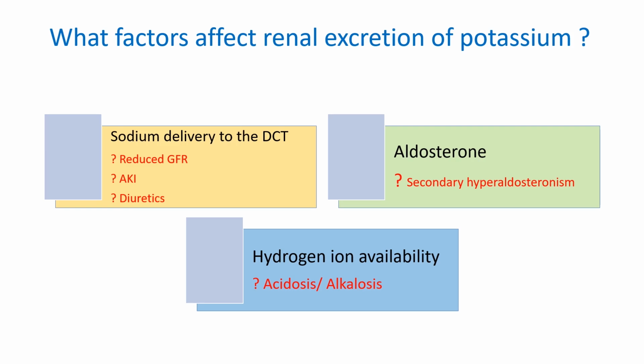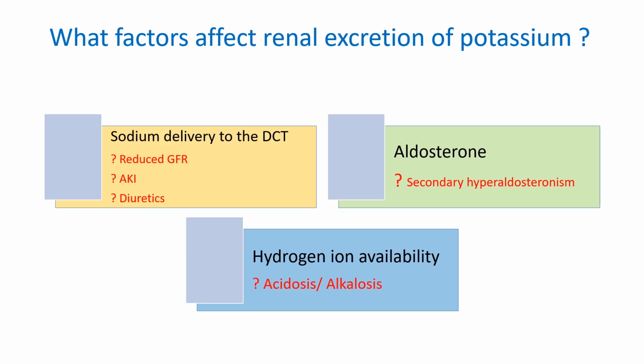A similar thing will happen in acute kidney injury, in which there is a reduction in the amount of fluid that gets to the kidney, especially in the prerenal AKI. Because of the reduction in the blood flow to the kidney and reduction in the amount of fluid that flows through the kidney and the reduction in the glomerular filtration rate, virtually all the filtered sodium is reabsorbed in the proximal tubule, leaving little or nothing for the distal convoluted tubule, thereby retaining potassium in the body.